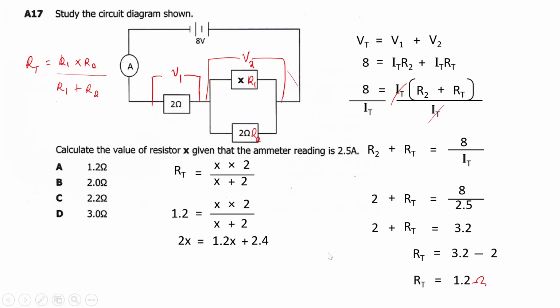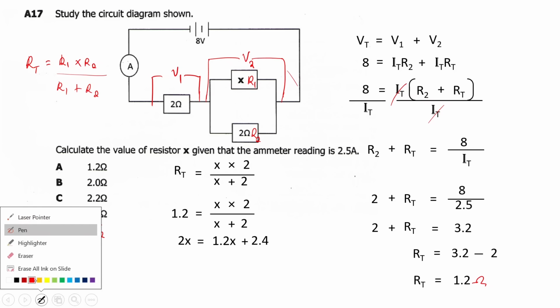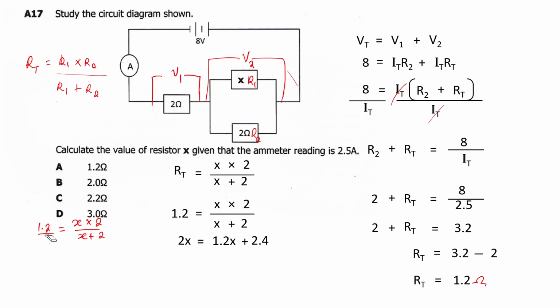Now one who is not strong in mathematics will not understand how I arrived at that. So what I did was 1.2 equals X times 2 over X plus 2. So I said over 1 because I want to get rid of the fraction. So I said 1 times, okay, before I can even go to this level here, what I did first of all